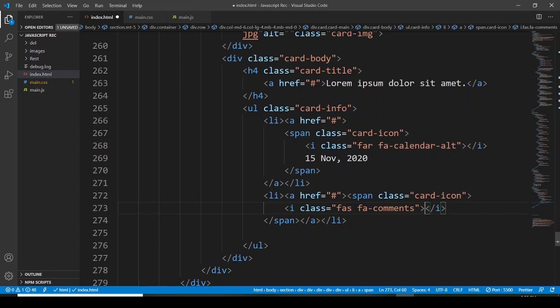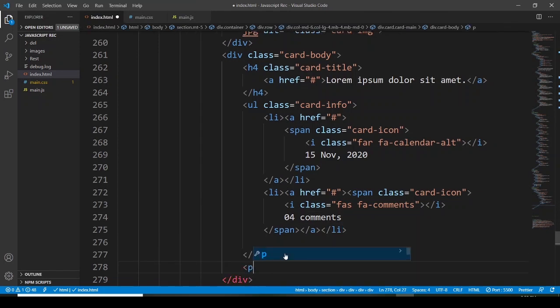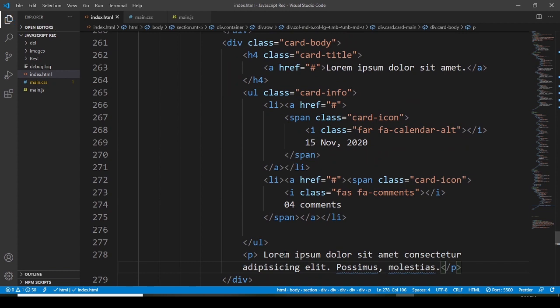Okay, and then we have to say that it has 4 comments, and then after we would like to go with the p element, and with some, let's go with some 10 words of lorem ipsum, and I would like to go with after this lorem ipsum,